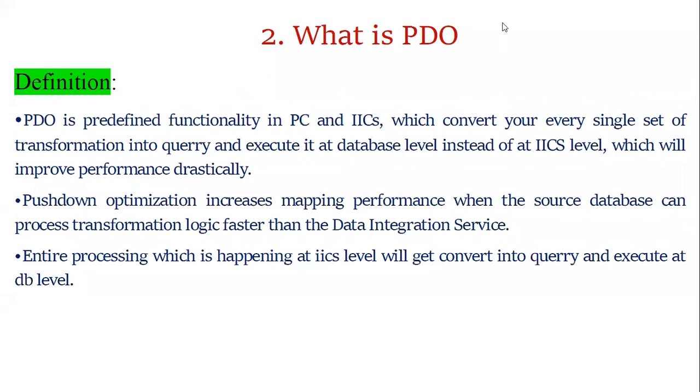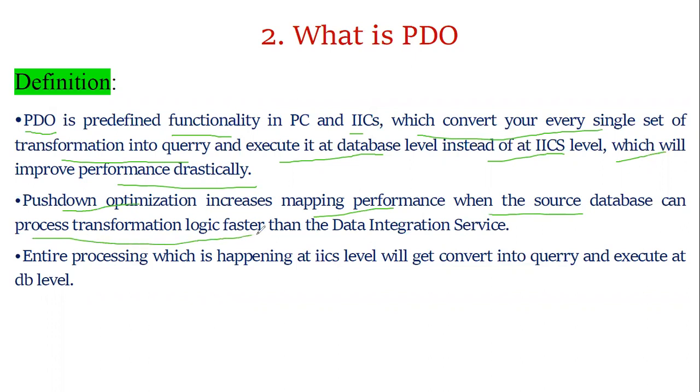The definition I already told you, what exactly push down optimization is. Push down optimization is one of the predefined functionalities in PowerCenter and in IICS, already available. It converts your set of transformations into a query and executes it at the database level instead of at the IICS level, which will improve the performance drastically, by a very large amount, we can say. So push down optimization increases the mapping performance when the source database can process the transformation logic faster than